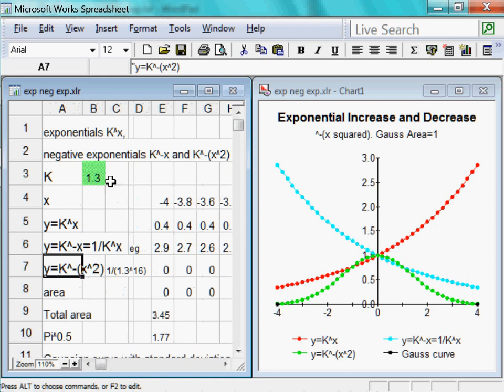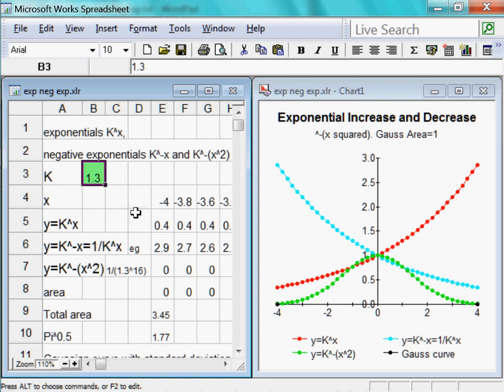So you can see the green line increases from very near the x-axis up to 1 and then back down again to the x-axis. It never touches the x-axis, it never crosses the x-axis, but we can measure the area under the curve. I've done that quite simply on the spreadsheet using the trapezium formula. It works very well, and you can see it's given an area under the green curve of 3.45 square units. So if I